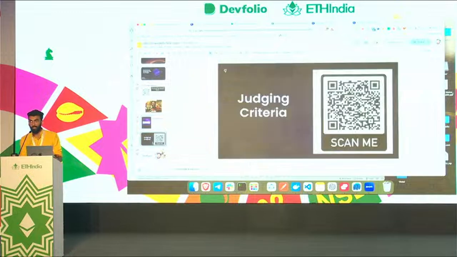To get the judging criteria to win a subgraph bounty, this is what you need to scan. This is the most important thing. When you come on Sunday to show us your project, this is what we will be looking at. So just scan this, and based on the subgraph you create, we will be judging you. Create a better subgraph, use arrays, use enums, create templates if you want, maybe use graph client to poll the data. All those things are possible with the demo that I showed you.